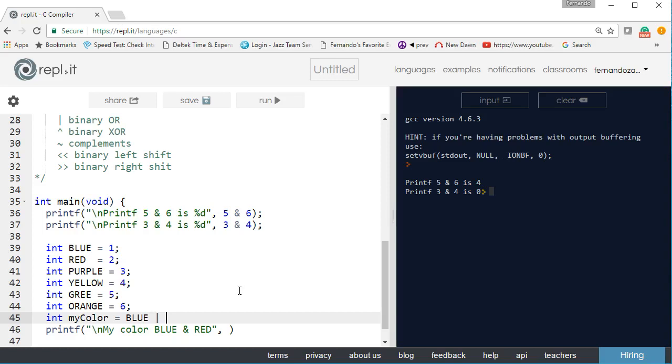Because if I said blue and blue, it doesn't add blue and blue. It doesn't take blue and add two and make it red. It's not going to do that. So if I say blue and blue,